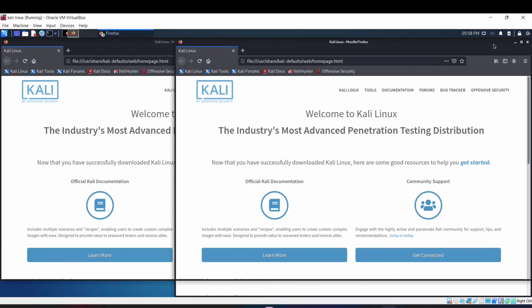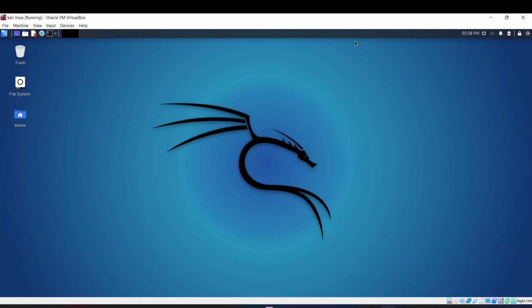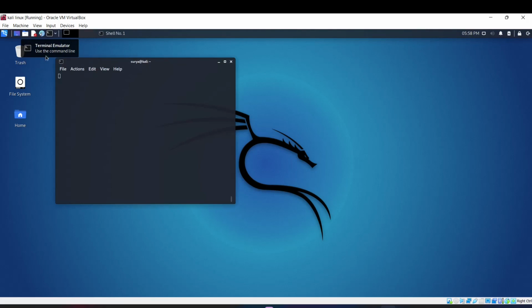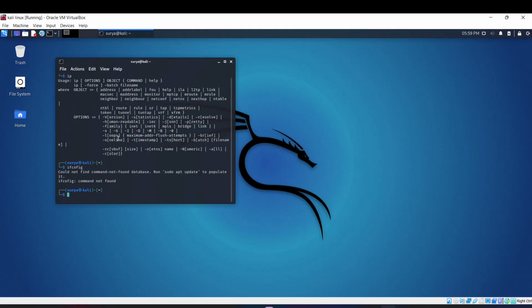Okay, done. So this is how we have installed the Kali machine in VirtualBox without any error. You can run it very smoothly. As you can see, when I click on the terminal, it opens, and when I run ip, it gives us the details, like ifconfig. The network tools are not updated here, as we haven't run sudo apt update, so this is the reason it could not find the command, but actually it is running quite well, right?